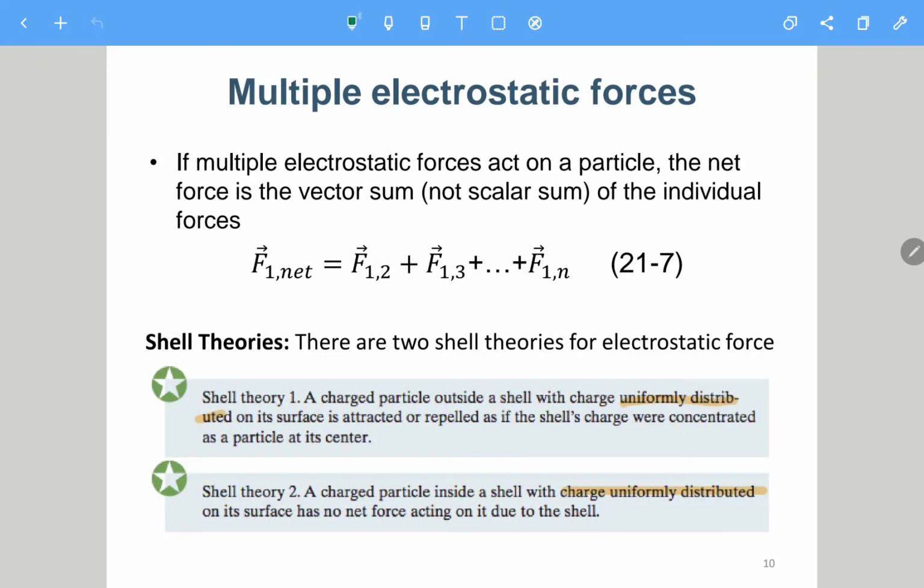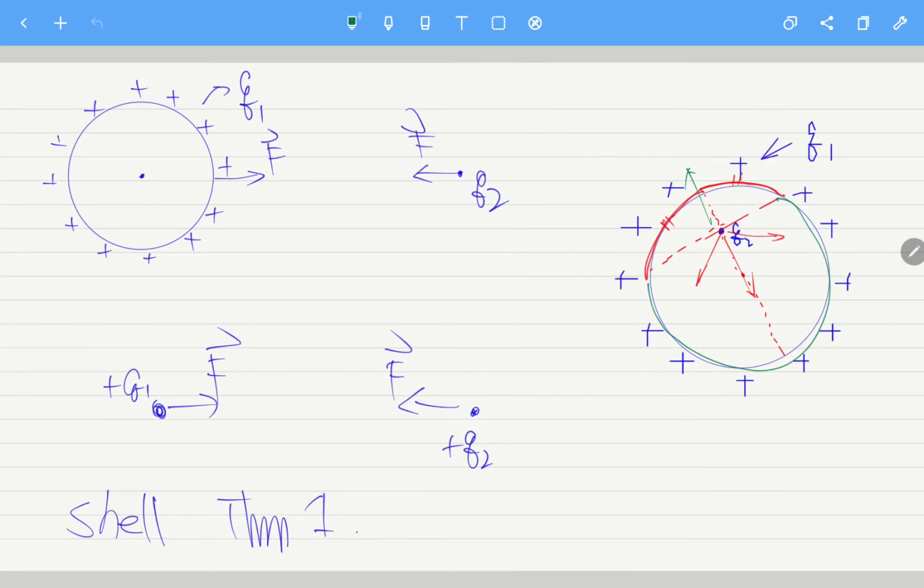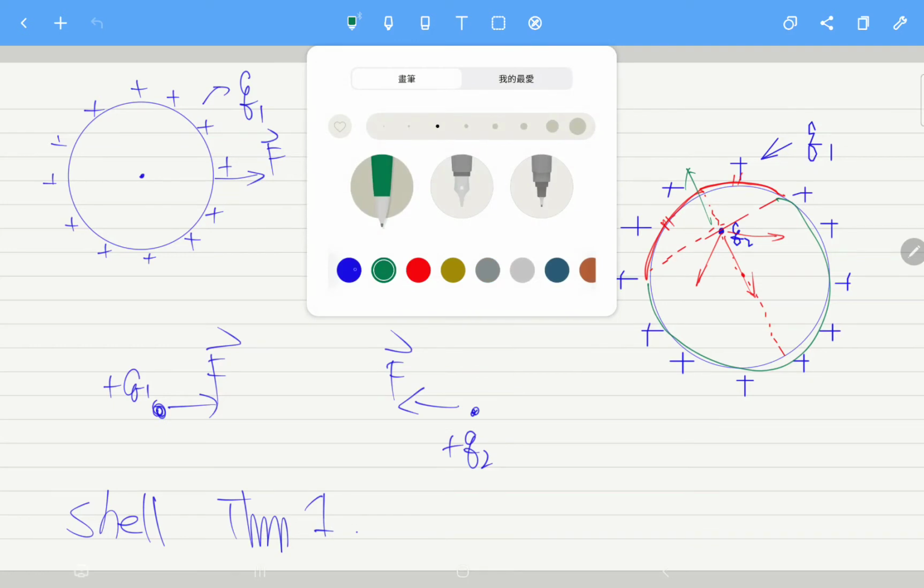And actually this is a Shell Theorem too. It says the charged particle inside a shell with a charge uniformly distributed on the surface has no net force acting on it due to the shell. So suppose you have a charge inside the shell, then if the charge is equally distributed, there will be no force acting on Q2. And this is